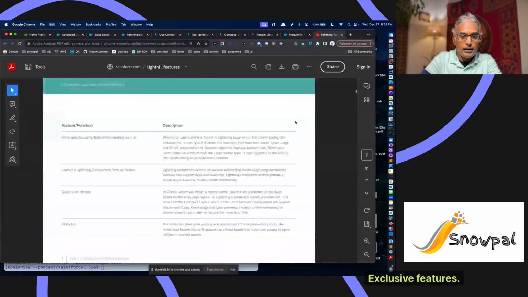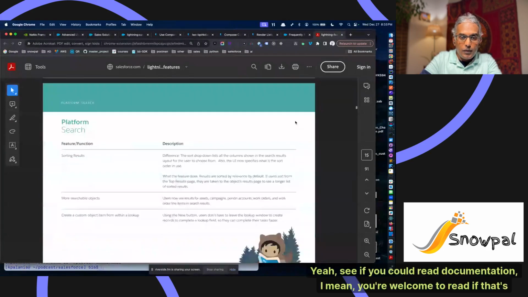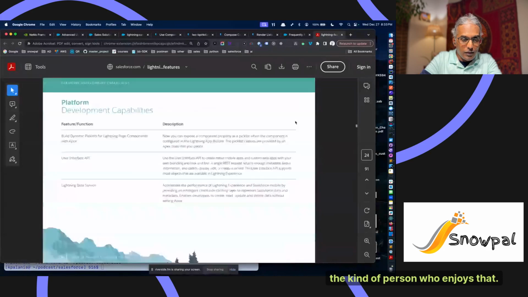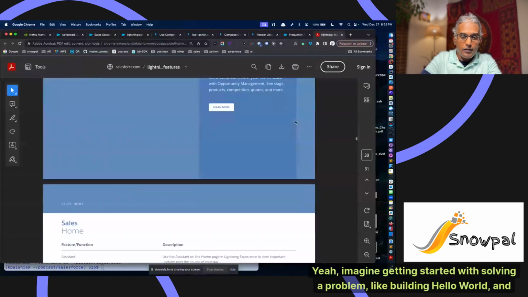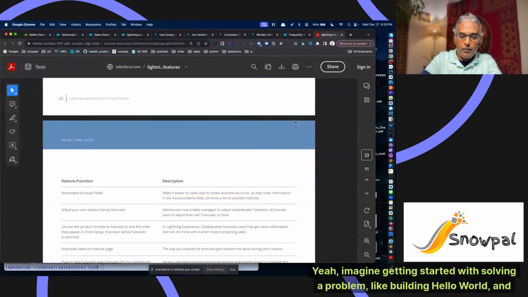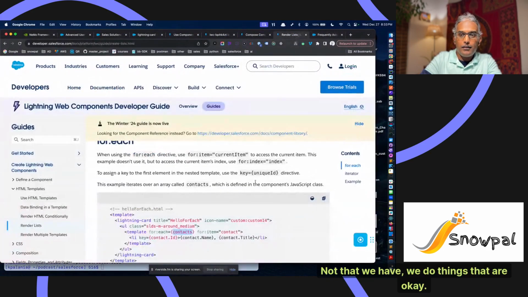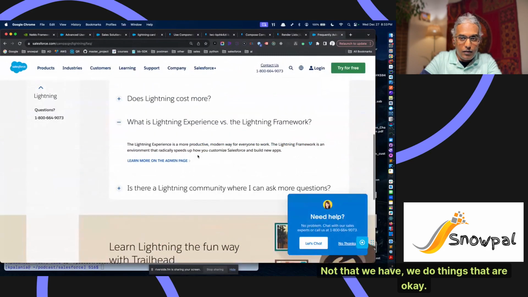Exclusive features. Yeah, see, you're welcome to read the documentation if you're the kind of person who enjoys that. Imagine getting started with solving a problem like building Hello World and you have to read through a gazillion pages. Not the way we do things. Okay, so